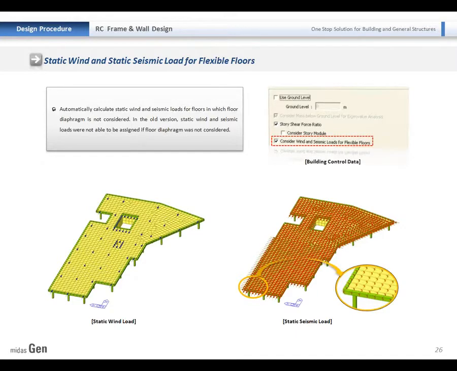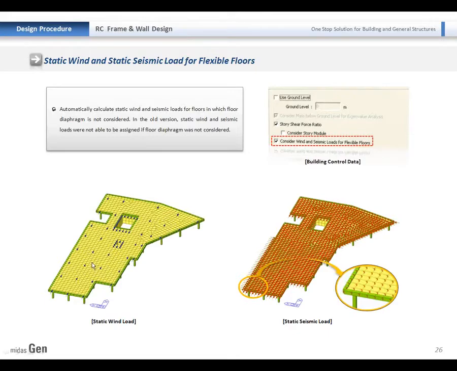Currently, we implemented another useful option, which is called Consider Wind and Seismic Load for the flexure floor. In the old version, we were able to consider the static wind and seismic load only for the floor diaphragm. But from the current version, we can consider the static wind and seismic loads with the plate slabs.